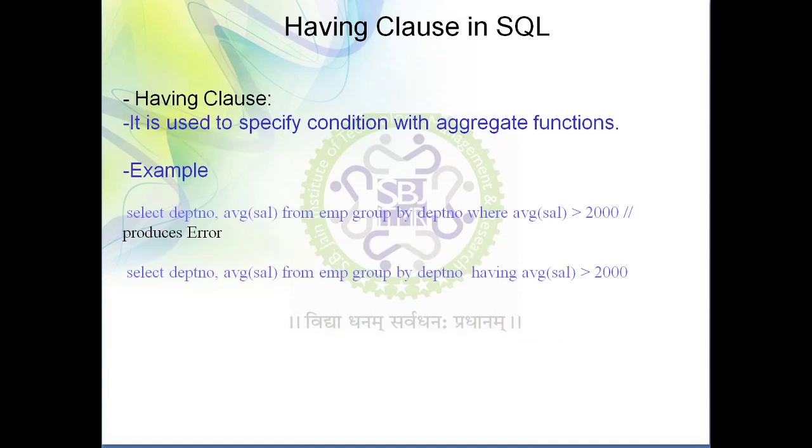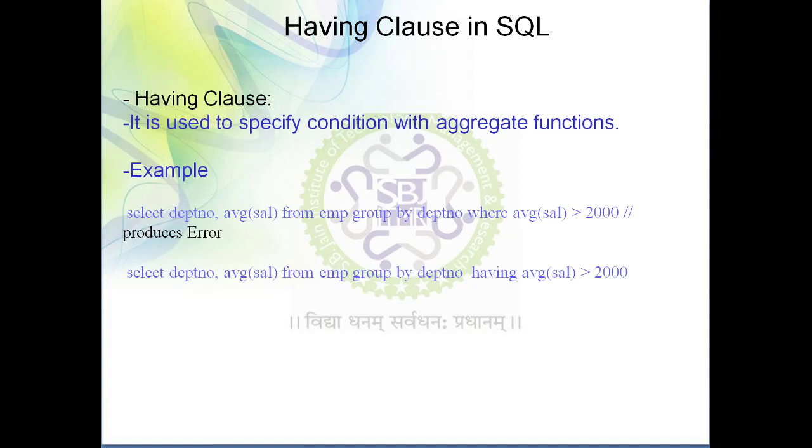After that, I told you in the initial slide, while discussing the syntax of a group function, that in order to specify the condition, sometimes the where clause is used and sometimes the having clause is used. Now here I want to tell you when to use the where clause and when to use the having clause. Suppose you need to provide a condition which does not involve any aggregate function, then you can specify the where clause. Don't worry, I will give an example.